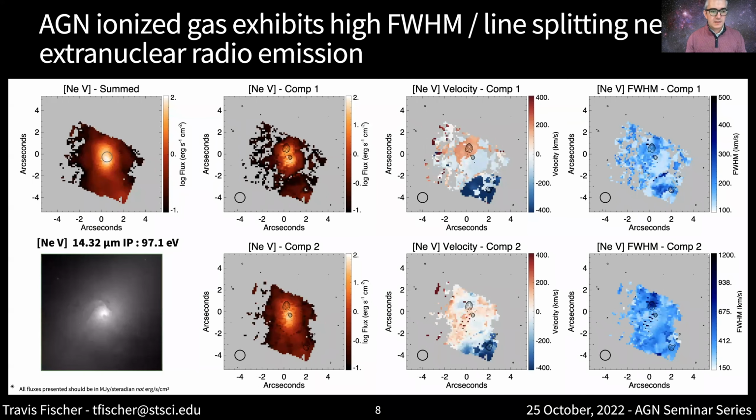So this is the [Ne V] line. I chose a couple of different lines to fit here and to show everybody today. [Ne V] is a very highly ionized line. The ionization potential is around 90 eV, so you definitely need an AGN to be frying this gas. When I did all of the fits here, I did a multi-component fit with up to 2 components. So it fit either 0, 1, or 2 components at each individual spectrum, given the best fit.